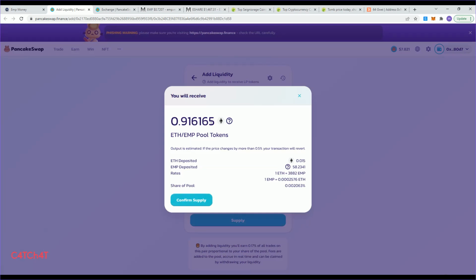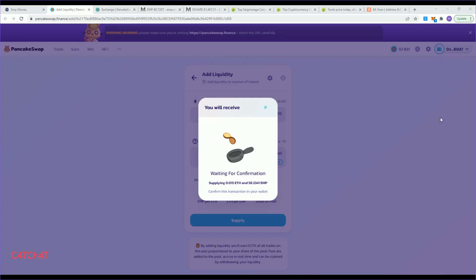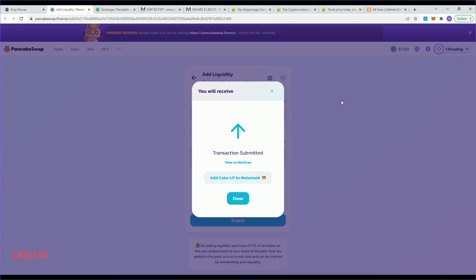So you see here that we have created 0.916165, and let us, okay, so estimated gas fee, pennies, once again, that's what makes the BNB or the Binance Smart Chain great. It allows you to actively participate in DeFi without wasting hundreds or thousands of dollars on transactions.